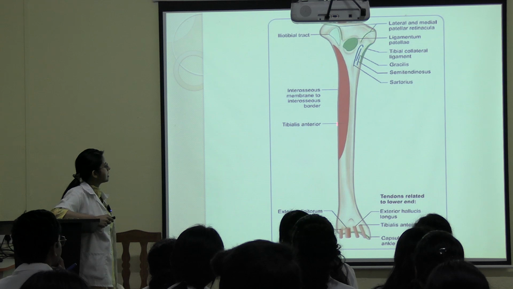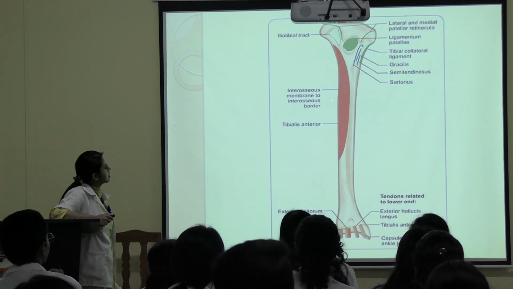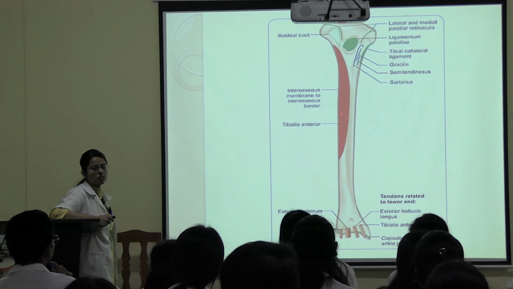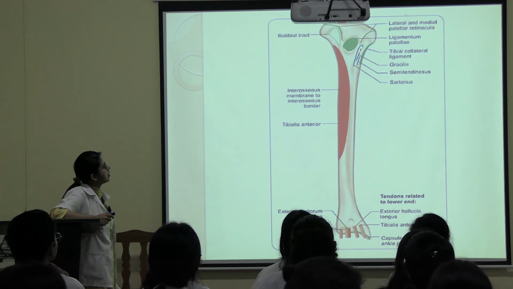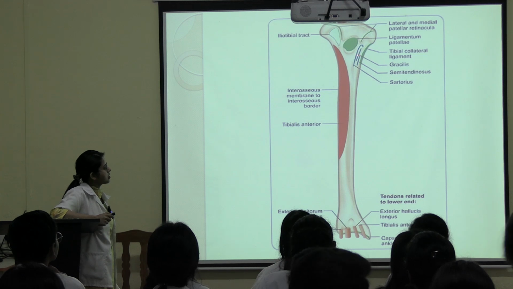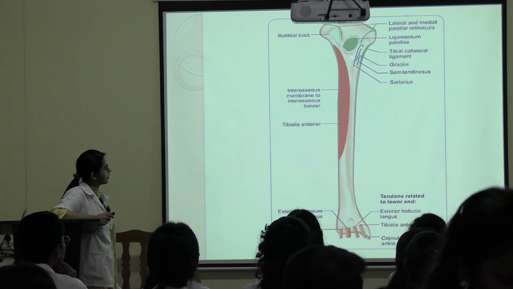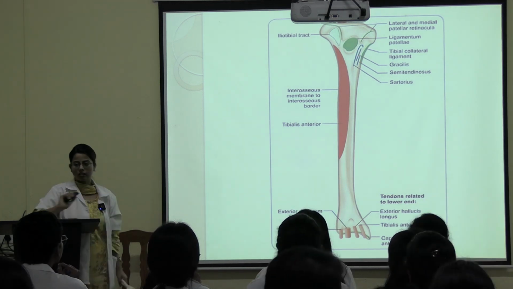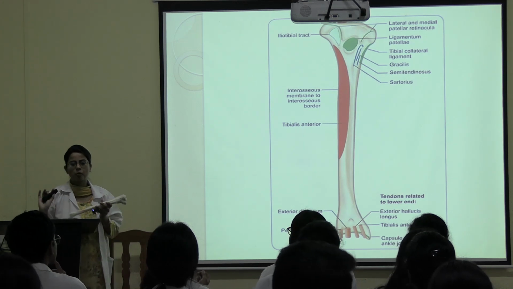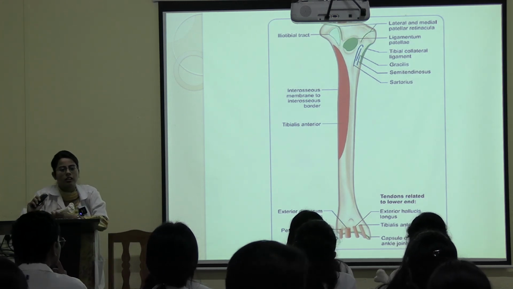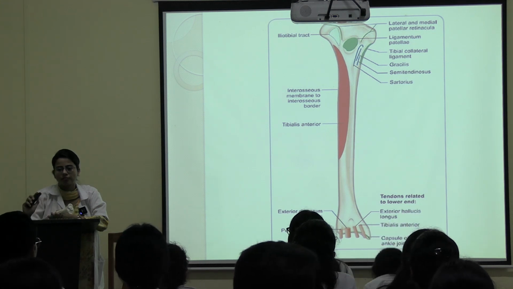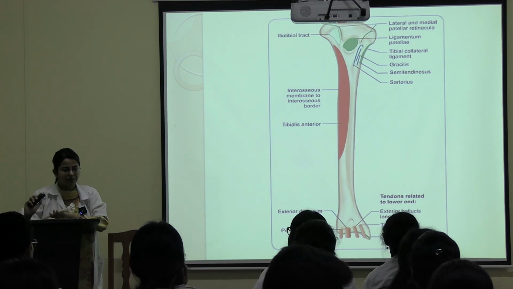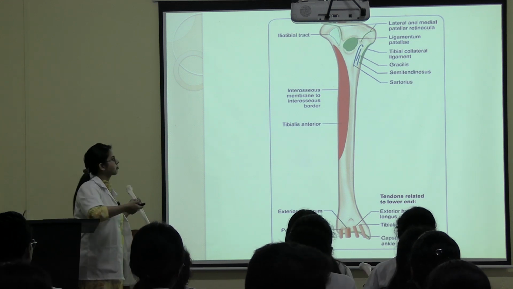So you can see tibialis anterior, this muscle, tibialis anterior in which surface? Lateral surface. And this is sartorius, gracilis and semitendinosus. Clear? Done? Any problem till now? Anything which we couldn't understand? Clear? Clear?